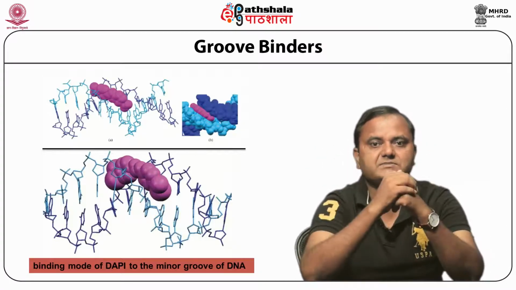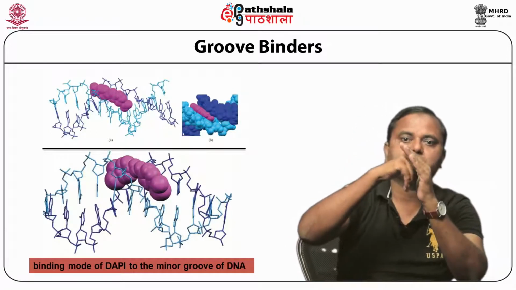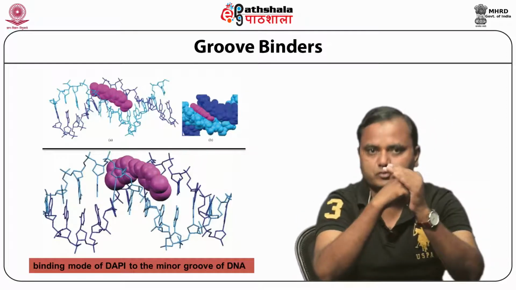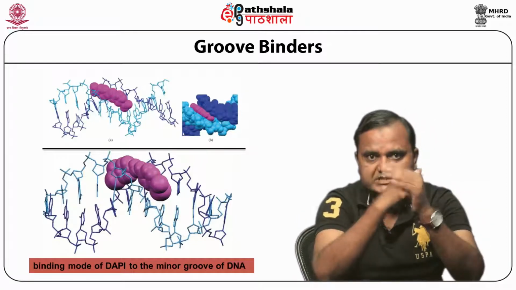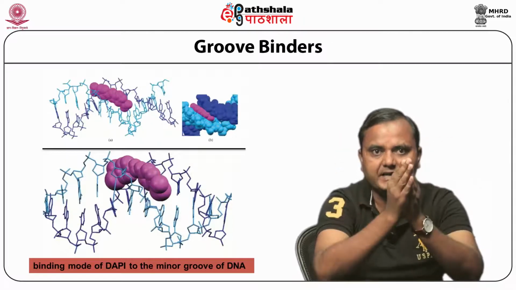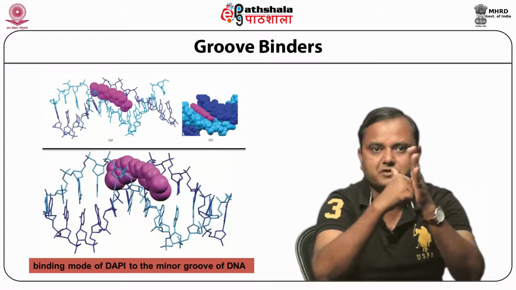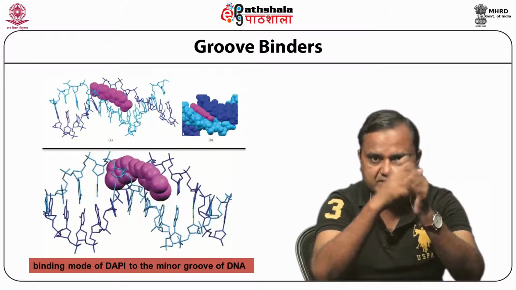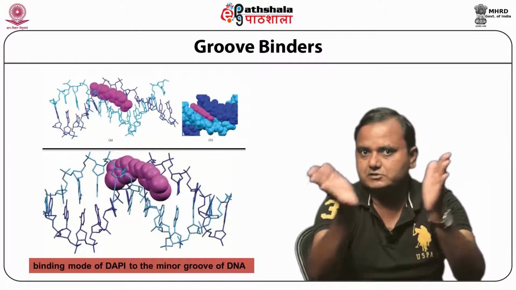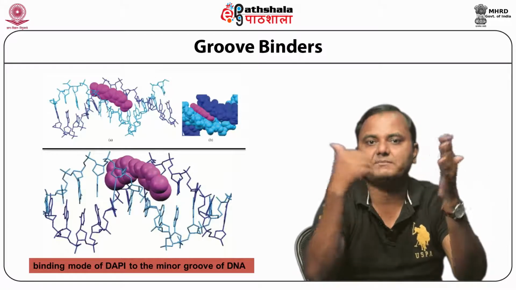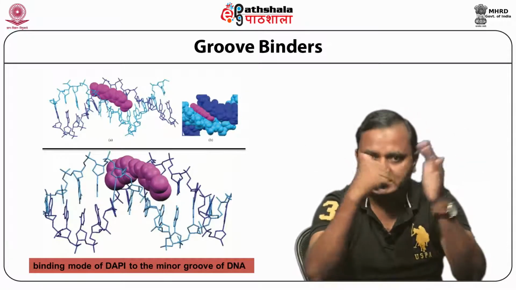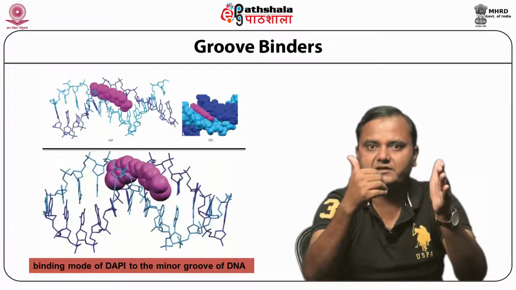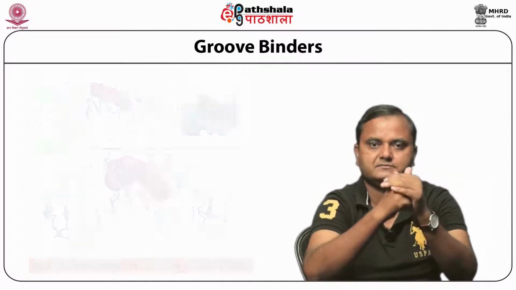The shape of drugs which bind to the minor groove is generally narrow and curved, and isohelically fitted to the minor groove of the DNA. Such shape complementarity facilitates the binding by offering a relatively large number of van der Waals interactions and hydrogen bonded interactions to the bases. You can see here in the structure that the sites of attachment of the drug to the DNA are maximal. That allows the maximum number of interactions possible, and thus efficient and specific binding of the drug to the DNA molecule.